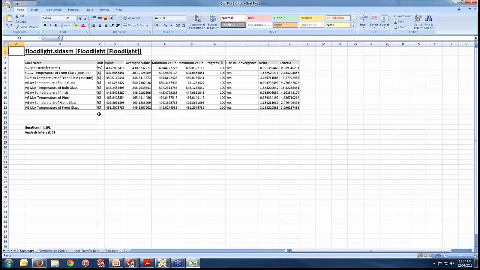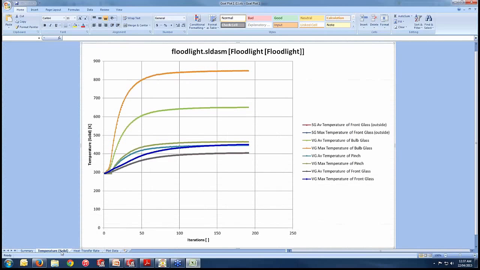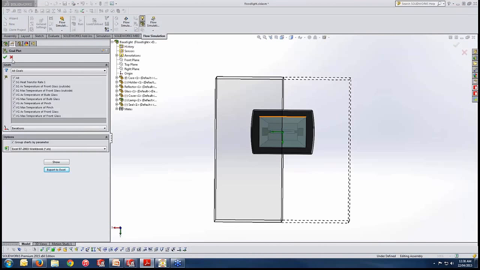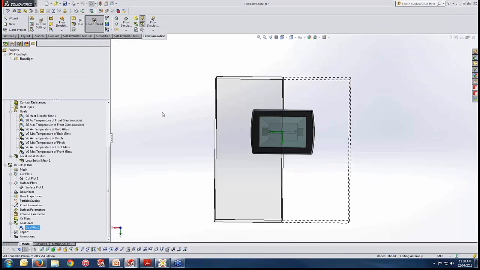So it's simply showing us 191 iterations done, the temperature of the solid has reached a converged answer after that many iterations, and heat transfer rate has also converged. Okay, so this is what we have checked, and we are not seeing any excessive values of temperature anywhere. So with those conditions, the next thing I would like to show you, and probably you have experienced it before,